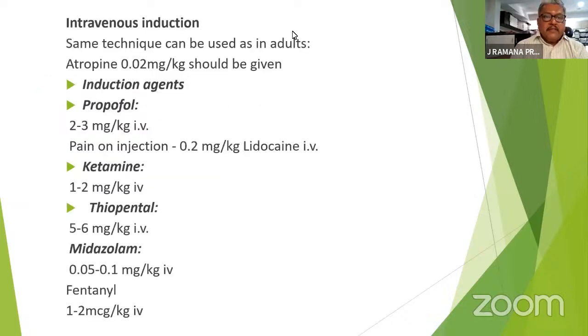Intravenous induction: the same technique can be used as in adults. Atropine 0.02 milligrams per kg should be given. Induction agents: propofol 2 to 3